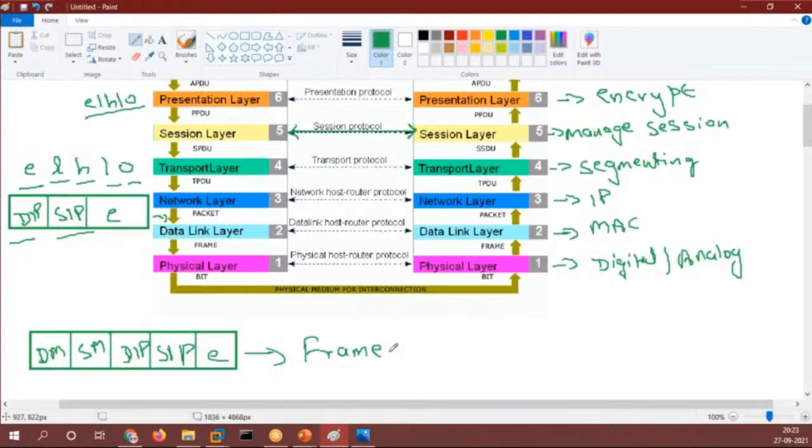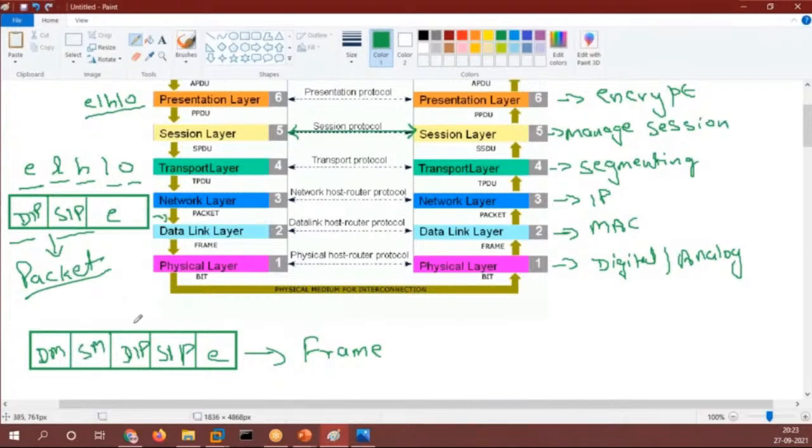Now what else do we have? When the data arrives at the network layer and your IP addresses are added, this chunk is known as a packet, right? Now the packet is sent to your data link layer, and at the header of your packet, your destination MAC and source MAC are added.